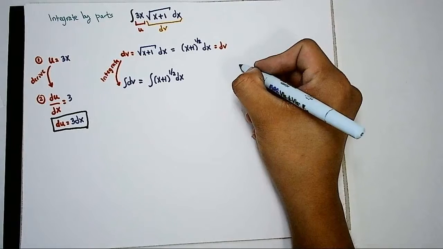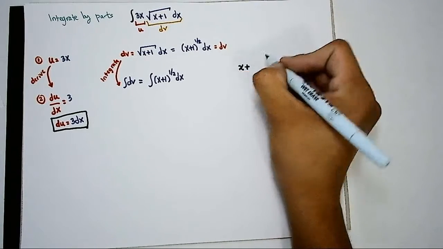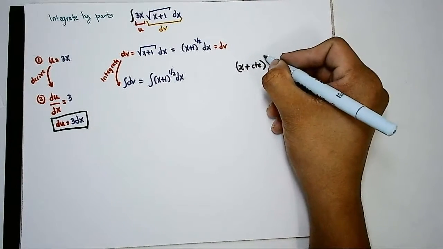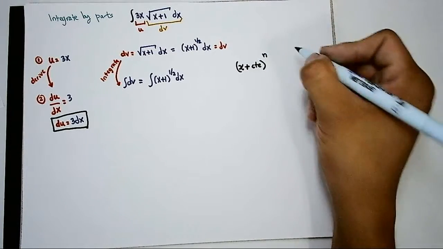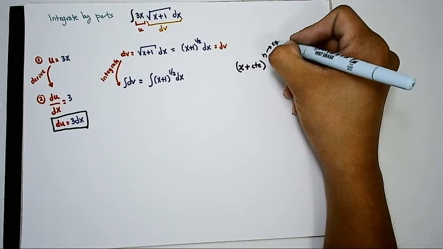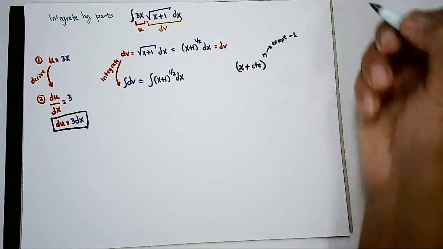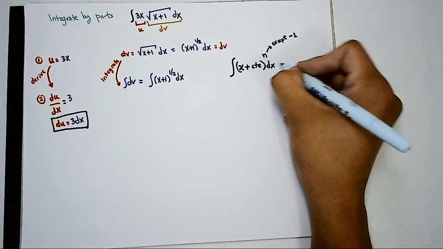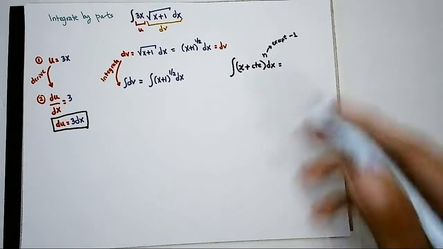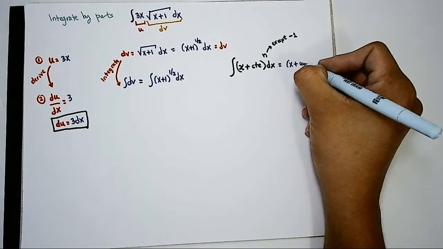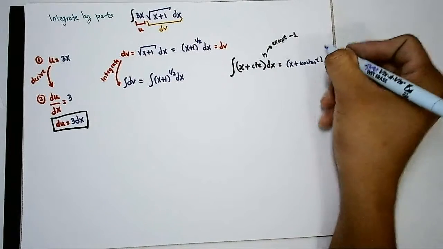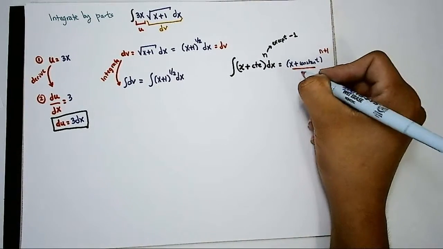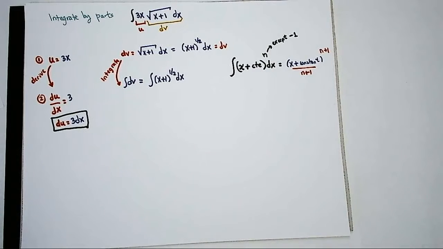If you have x plus a constant, elevated to any exponent n except -1, the integration will be simply x plus a constant to the n plus 1, divided by n plus 1. In other words,